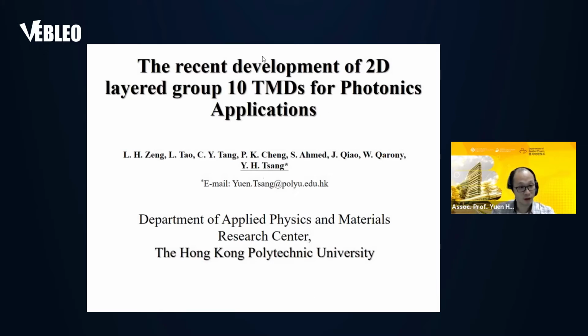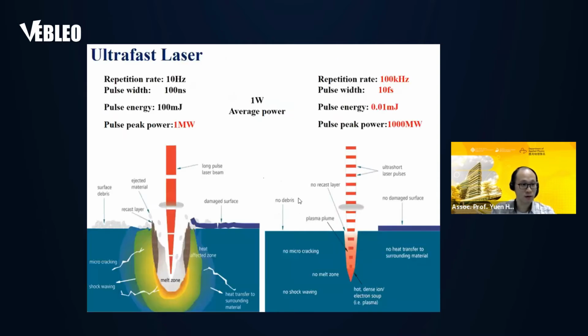Today I will talk about some of the recent development that we have done regarding this Group 10 TMD 2D layer material used for laser photonics application. Basically, this material we use for two main applications. One is ultra fast laser pulse generation. As you can see from this picture, why we are interested in ultra fast pulse, because